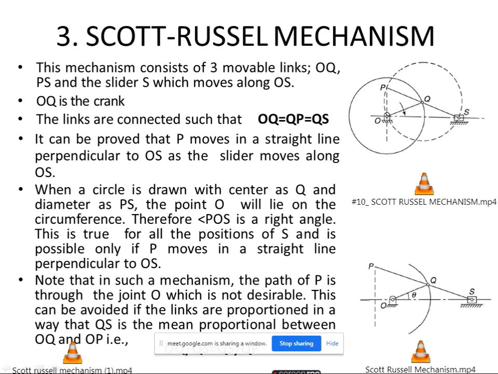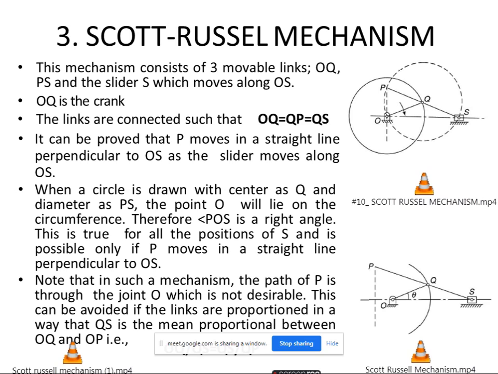Okay, PS is the entire link, and S is the slider. This slider S will move along the path in the form of OS. The slider is moving in this horizontal direction. OQ is the crank. You can see the input given here, the arrow mark. So OQ is the crank, and the links are connected such that OQ is equal to QP